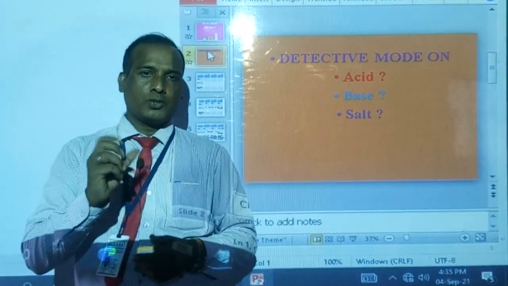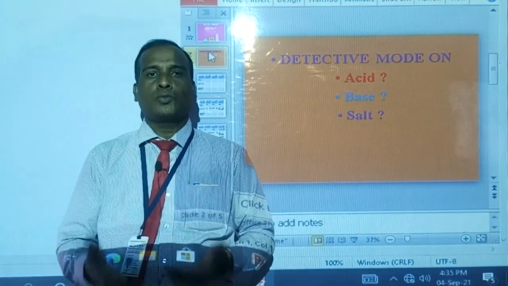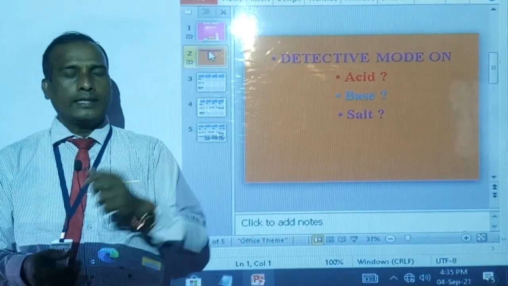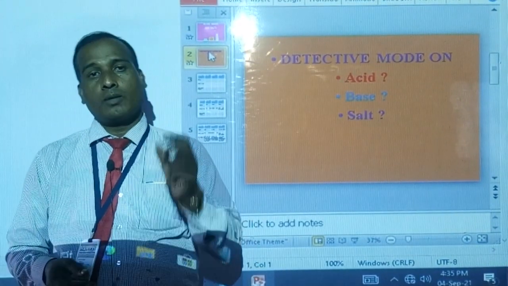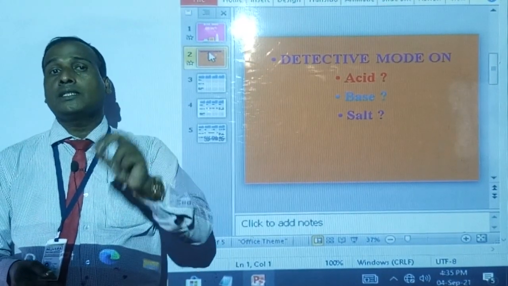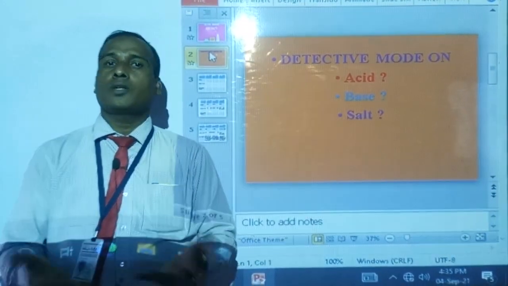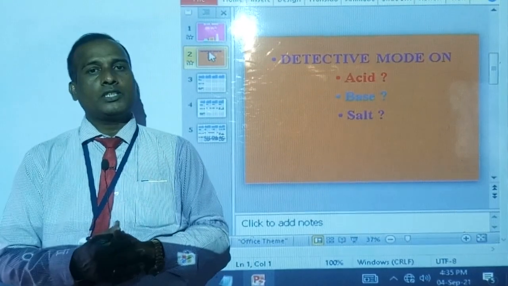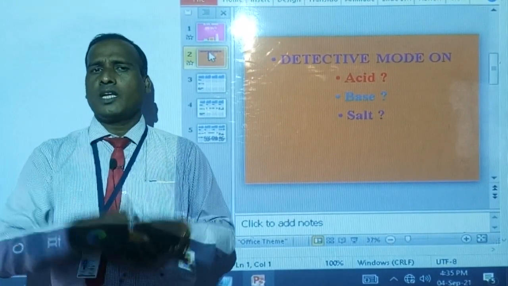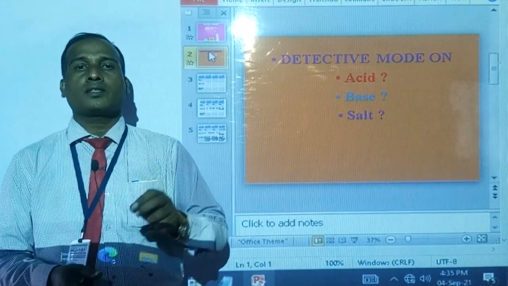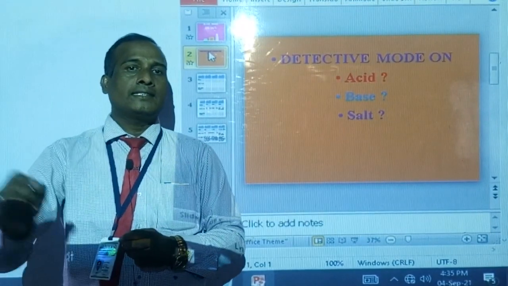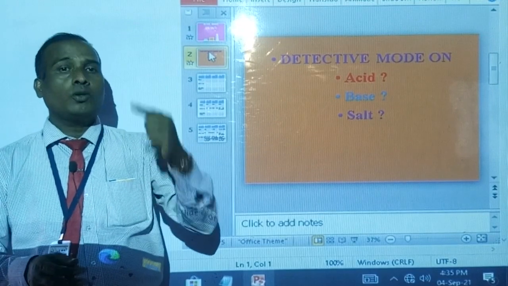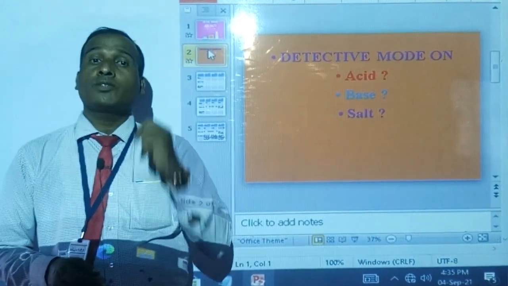You have seen that China rose, its petals you can use as a detector, like an indicator. And you know that very fond of that is turmeric. Turmeric is also one of the best indicators, and we can use it naturally. It is obtained from nature. Very commonly used nowadays is litmus paper, which we obtain from the lichen plant. There are two types of litmus paper.